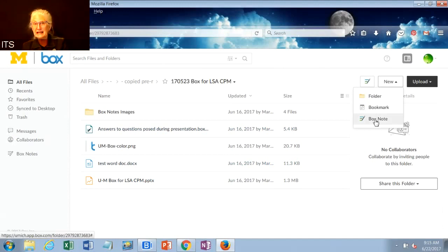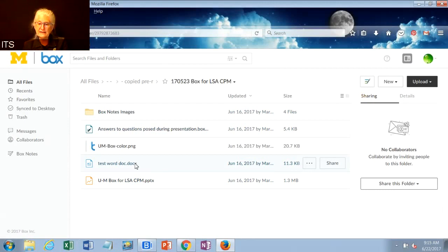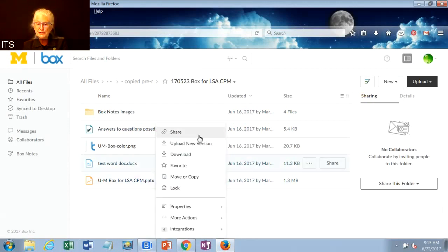If you have Box Edit installed, it will also show you Microsoft Word, Microsoft Excel, and Microsoft PowerPoint. That's something that gets added in when you have Box Edit installed. Box Edit is something that allows you, with any kind of document, to